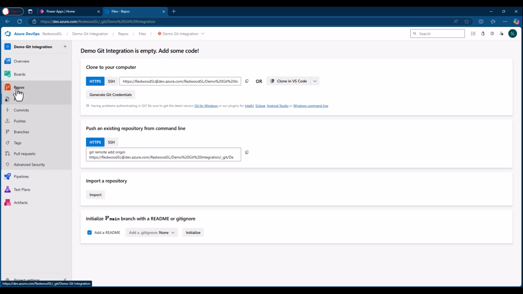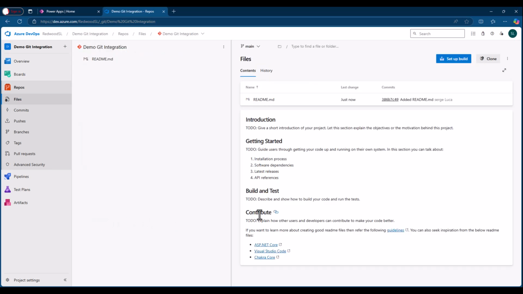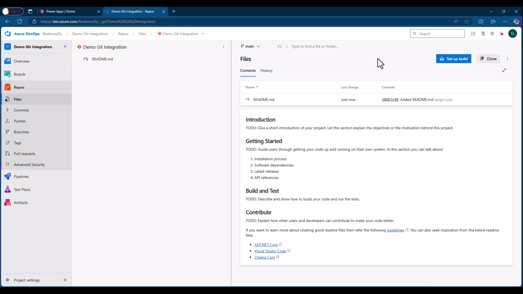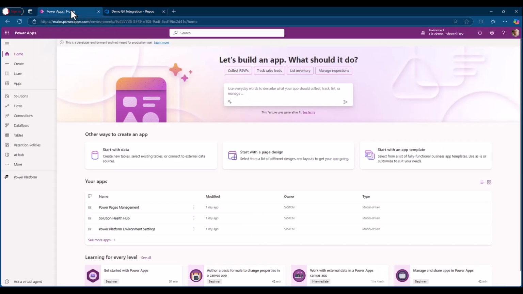As you can see, this is the repos place where you can initialize the repository. Okay, don't click this button. Now let's go back to